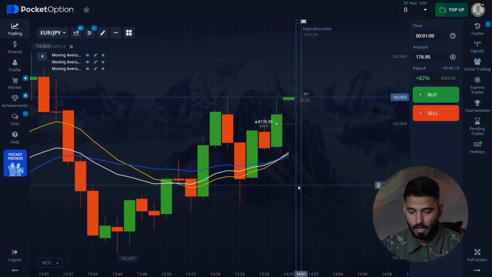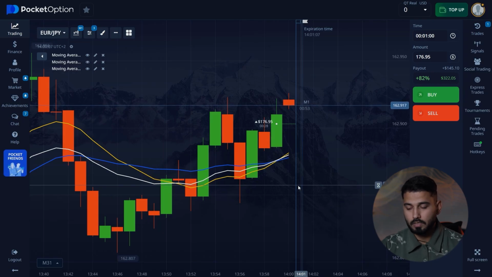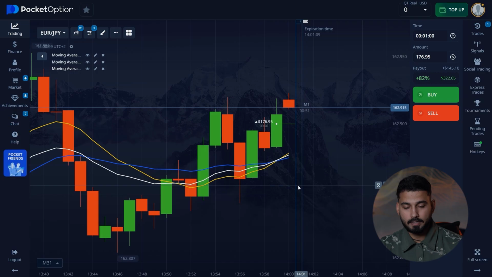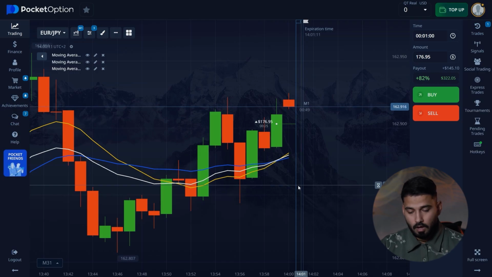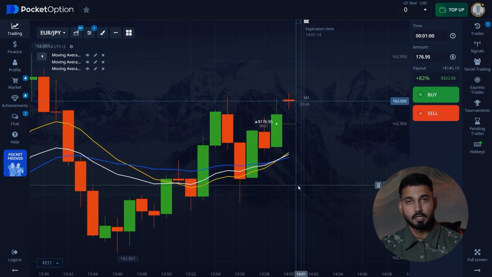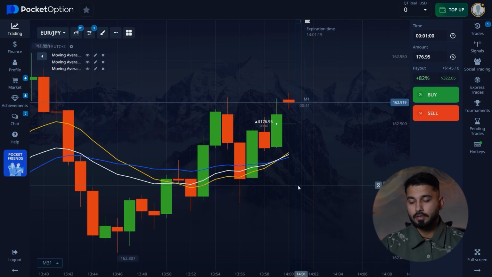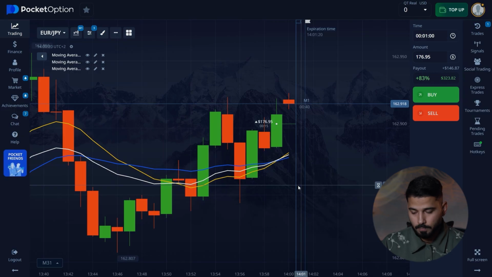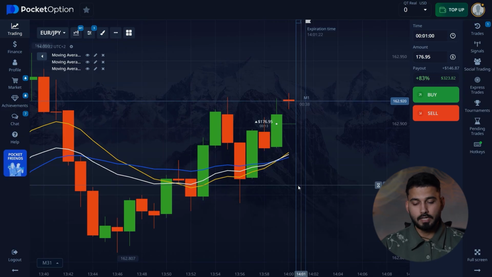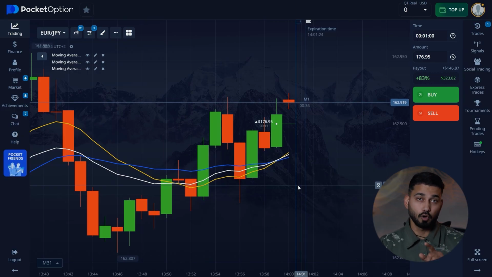But wait, look at the gap that was formed between the candles. That's also a strong signal for growth. You could open a trade right now, but with the moving averages, we predicted this movement earlier and are now calmly collecting this reward. Once you have thoroughly studied this trading strategy, you will be your own boss in trading. The only pressure you feel is the pressure you put on yourself.